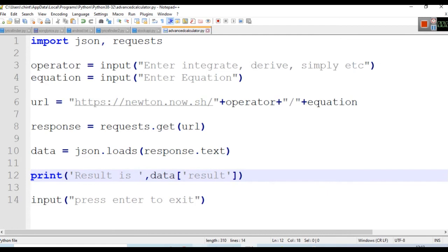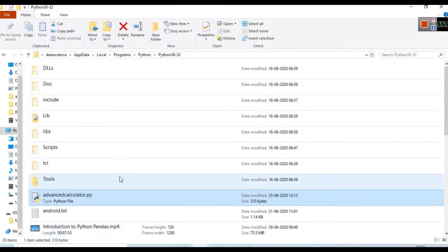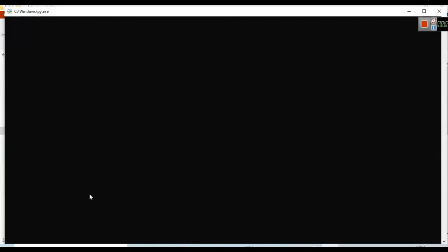Let's go to this folder once again and execute this once again. We'll open the command line interface here. This time let's say x raised to the power 4 minus 4x square, or let's write x raised to the power 4 minus x square.